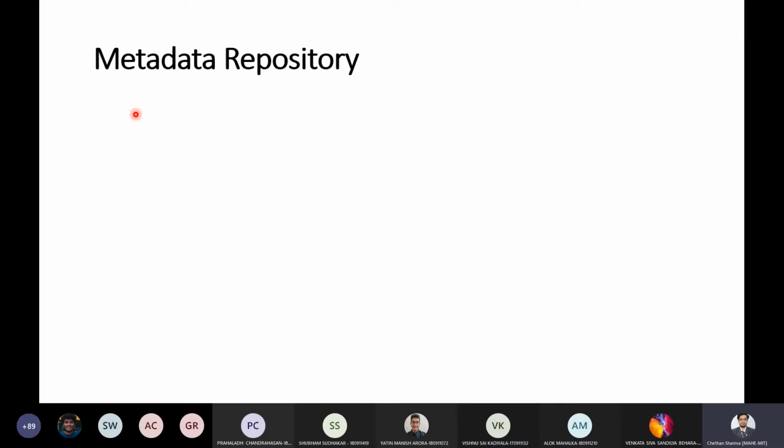And there is operational metadata, which means the history of the data, which is used to monitor information. And there is a description of the data warehouse structure, which includes your schema, hierarchies, derived data, etc. So these are the few things included in your metadata repository.